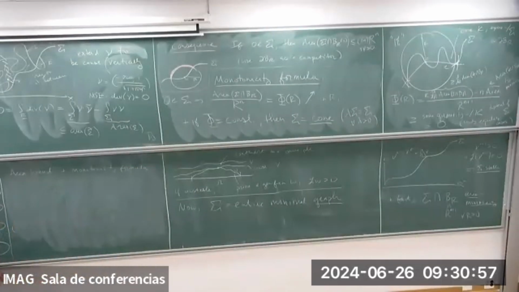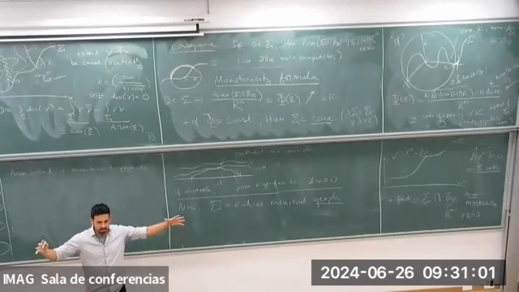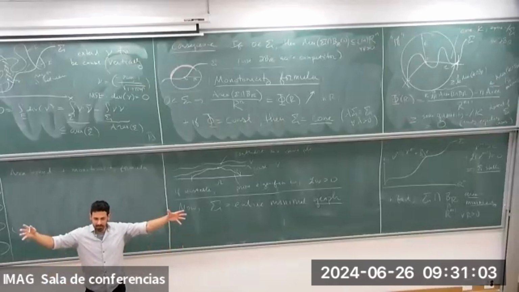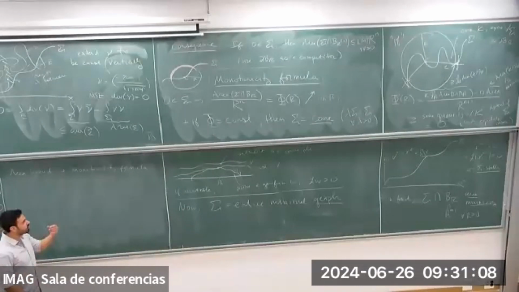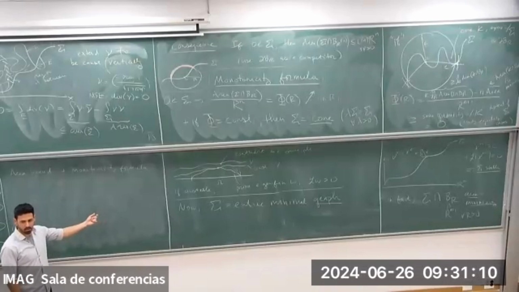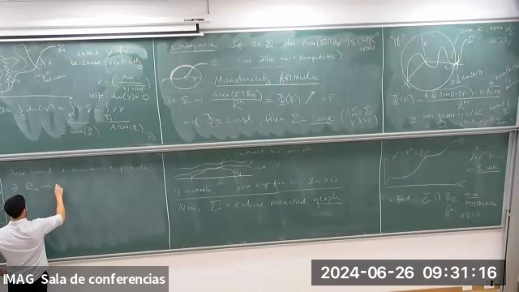They tell us the following: if you take your entire minimal graph sigma and you start zooming out, so you start dilating sigma by smaller and smaller constants, then you should eventually end up at a cone, which is also area minimizing. There exist numbers Rk going to infinity,